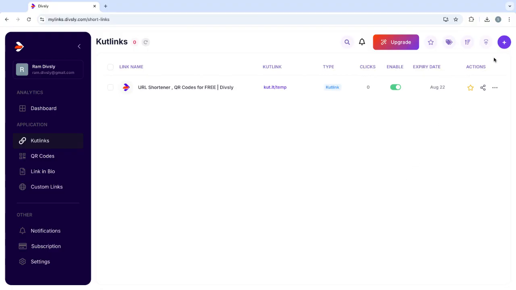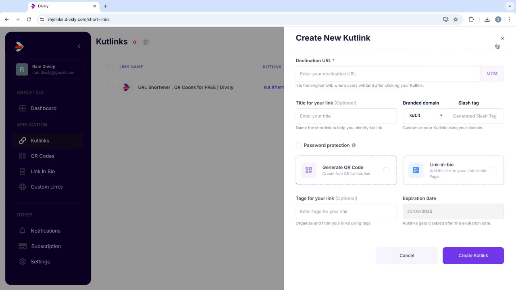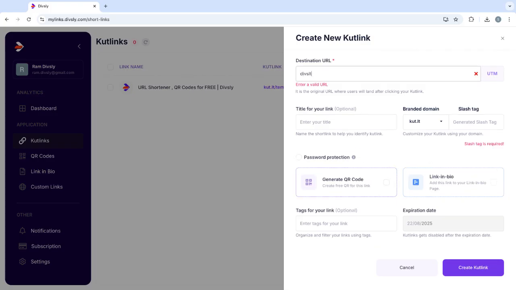I'm going to click on the plus icon on the top right corner of the page. This is create new short link. I have the form to create a new short link. Let me add the website here,